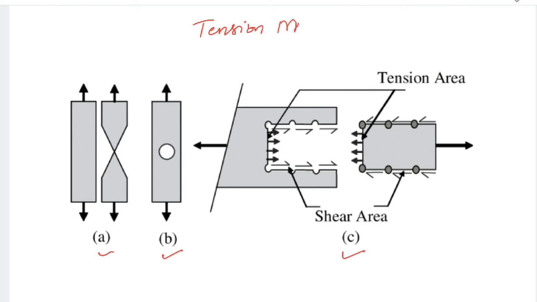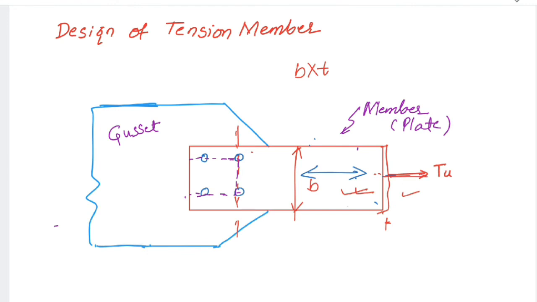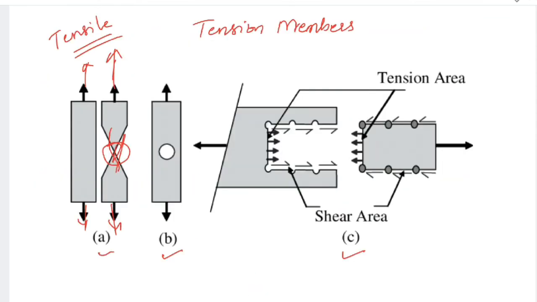Here these are the tension members. When you apply a force, there is a chance of yielding of the section. Yielding means the cross section at the center is reduced and the member gets elongated. As in the tensile test on an HYSD or mild steel bar, the same test needs to be conducted to check the capacity of the member. When you apply a tensile force, there is a chance of elongation of this member. This is the first type of failure. Here you can see the elongated member.